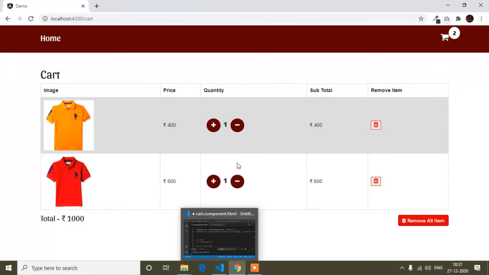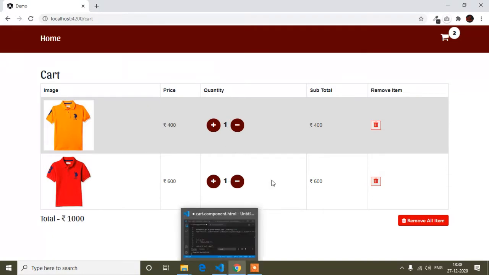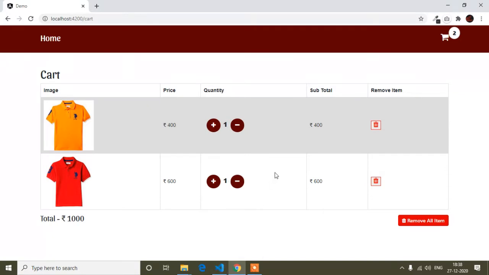Okay, so for that guys, if you watched the previous tutorial, you know that when I was doing the increase and decrease method, I used the product ID which is unique. If you watch my previous tutorial, then you will know that, otherwise you will get confused here. So if you are getting confused, you have to watch my previous tutorial.